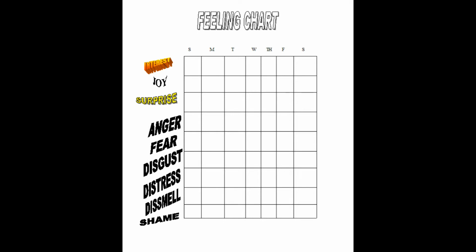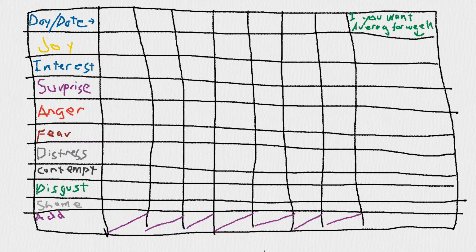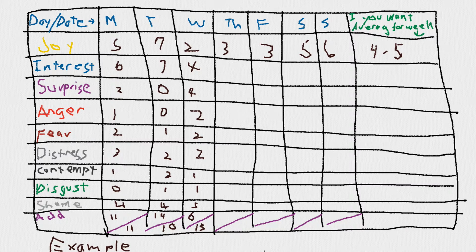There are 6 unpleasant feelings. There is 1 neutral, surprise, and there are 2 positive feelings. We can list these and rate ourselves on a scale of 0 to 10. 10 is taken to be the most intense memory you have of that feeling. You need not consciously think of that moment, as your subconscious will be aware of it. If you write the words down, imagine the word in your mind's eye, and without thinking about it, a number between 0 and 10 should appear. Write that number down. Take no more than a second to write down a number.